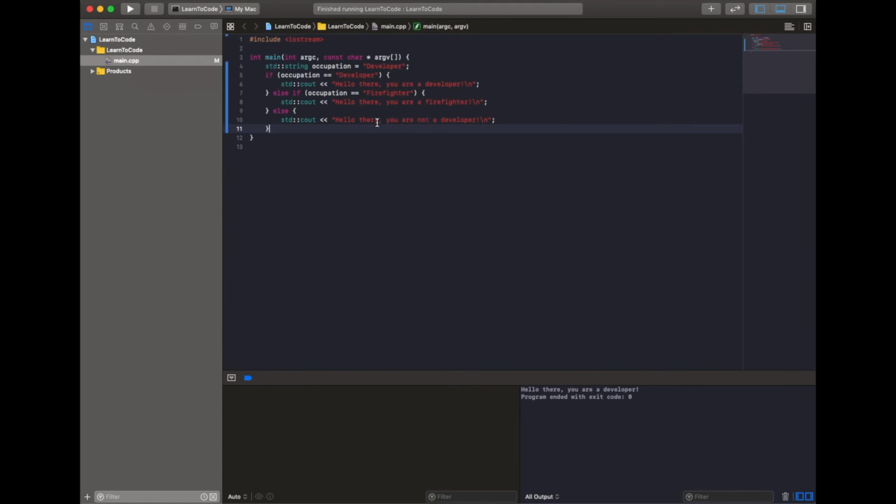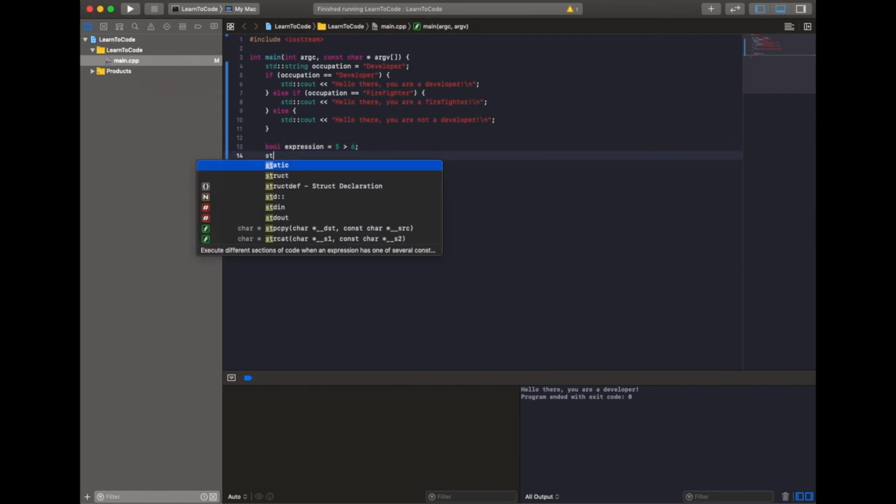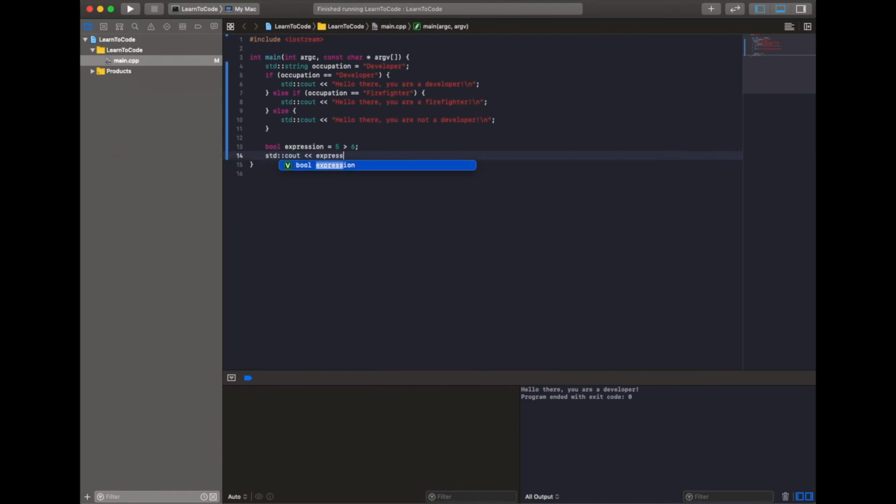And so there's different types of Boolean expressions. So you can compare numbers. So you could say like if 5 is greater than 6, then this will be assigned false because 5 is not greater than 6. So this will be false. So you see if we print out the expression here at the end,